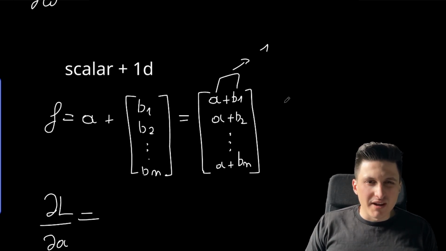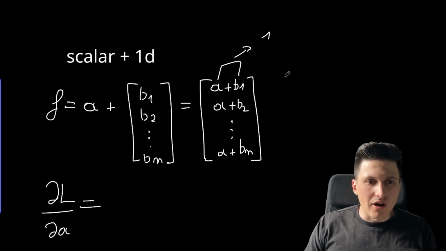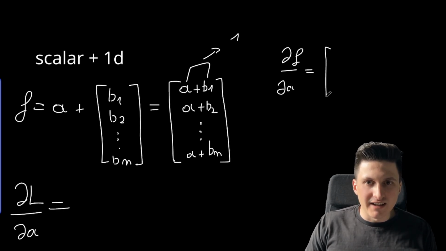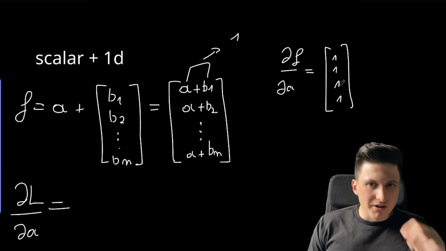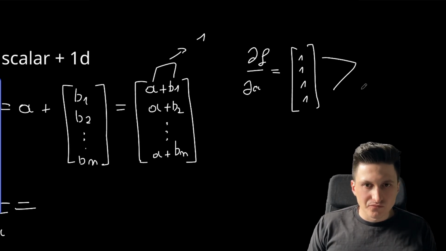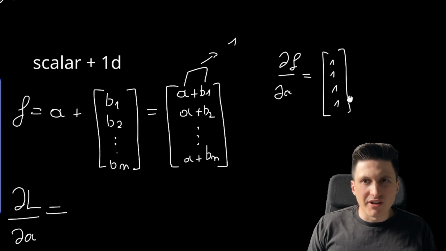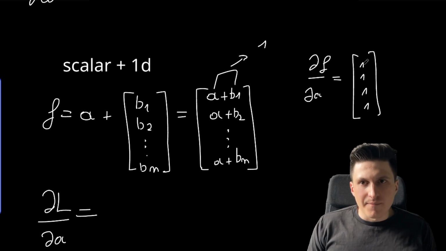And initially, when I was thinking about this, I thought that the derivative of f with respect to A would once again be a tensor of ones, right? Because each local derivative here seems like a 1, but in neural networks, as eventually the tensor gets summed and reduced to a single loss value,